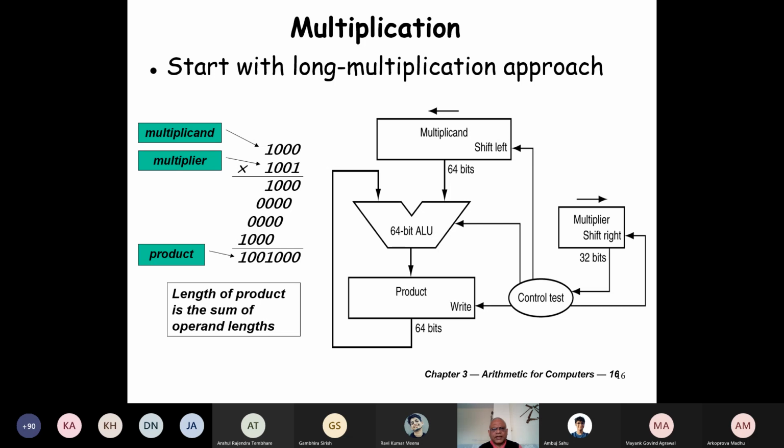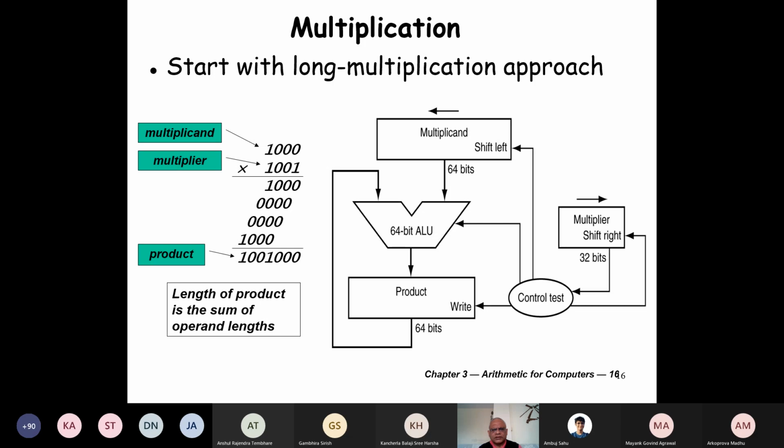We keep the multiplicand on the 32 least significant bits on the right side of this 64-bit register, and we made the product 0. We keep the multiplier in this register, and in each clock cycle we do the following things. We take out the multiplier's last bit.